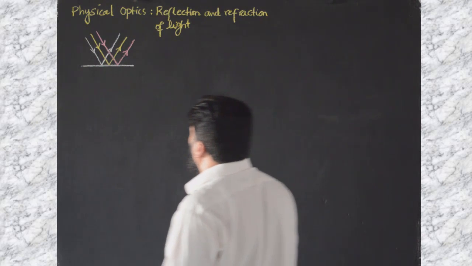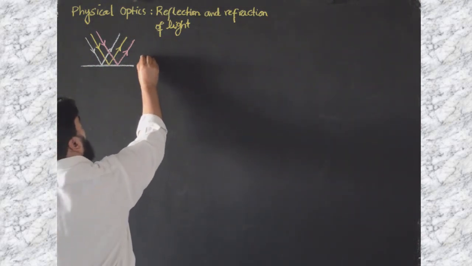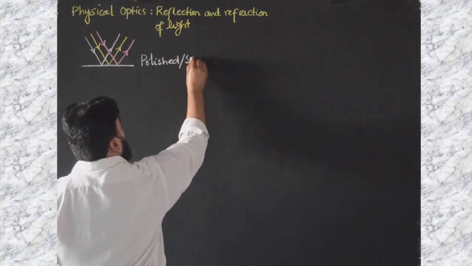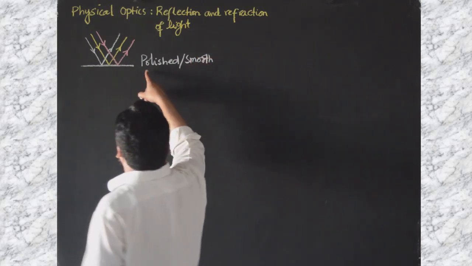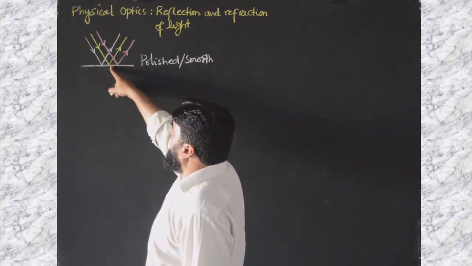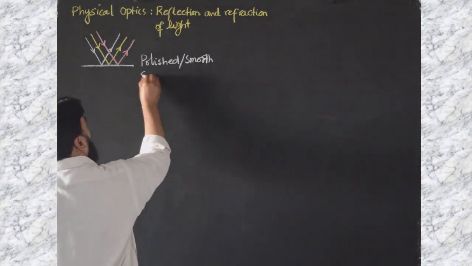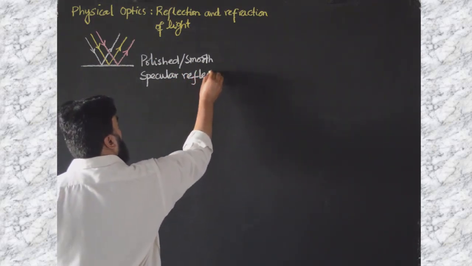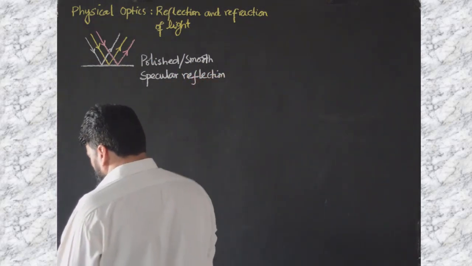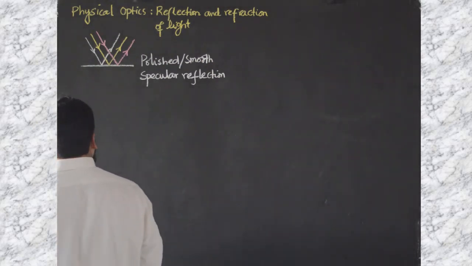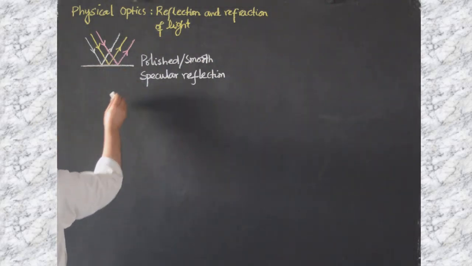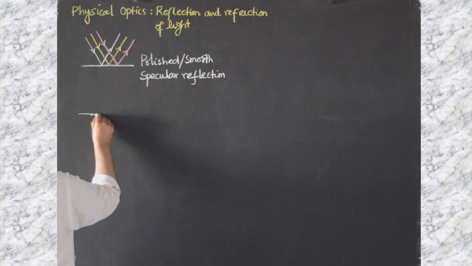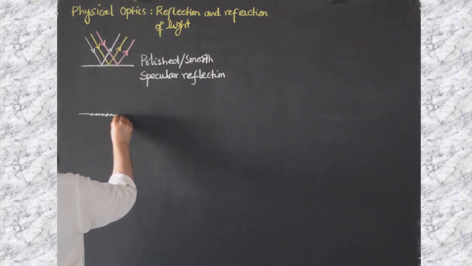Now, if the surface is very polished or smooth, we will have a reflection like this, which we call specular reflection. And if the surface is not very smooth or polished like a mirror or glass, and is somehow a rough surface,